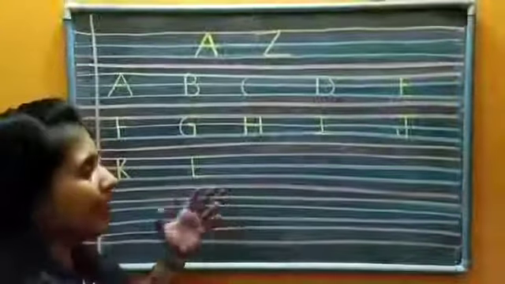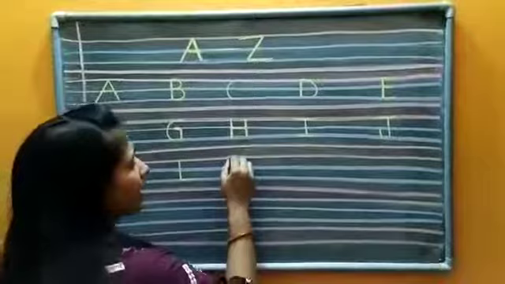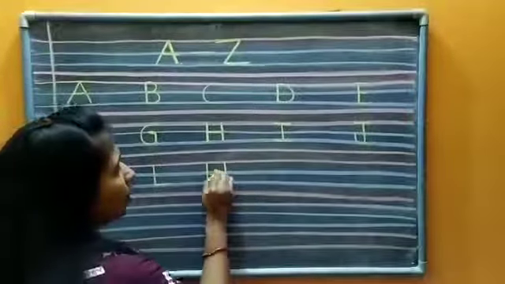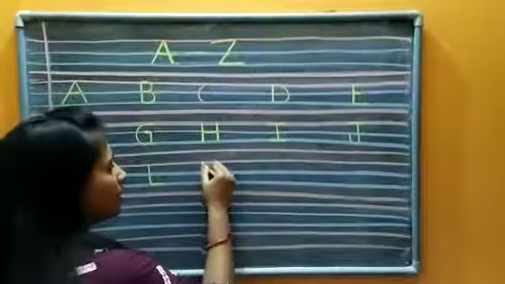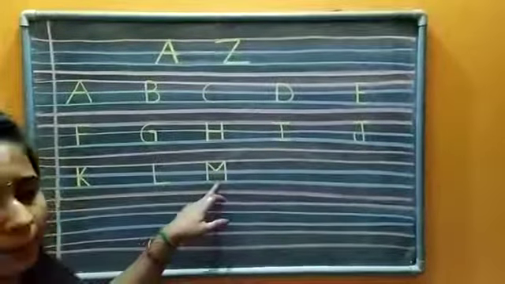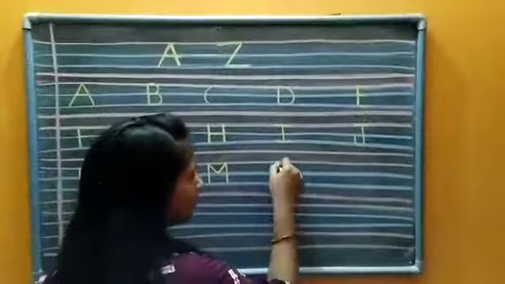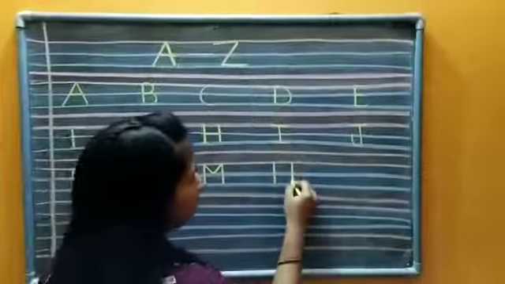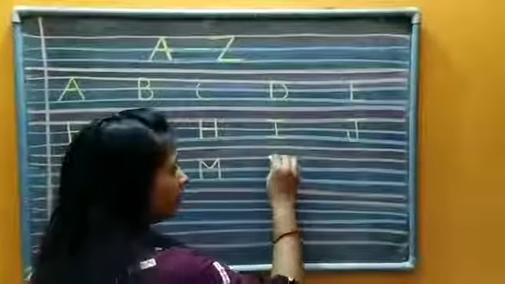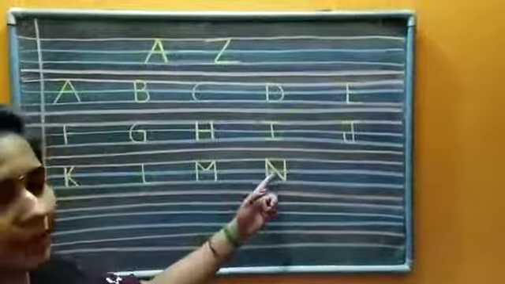Now we have to write what? We have to write M. For that, draw 1 standing line, another standing line and put a dot over here. Merge it with 2 slanting lines. Our M is complete. Now we have to write N with 2 standing line and 1 slanting line which is slant between this line to another standing line like this, N.